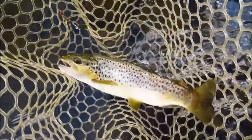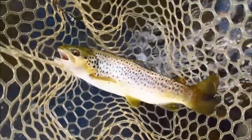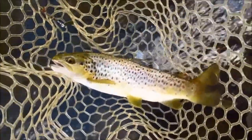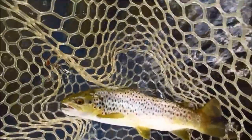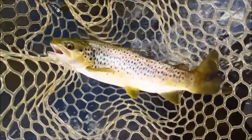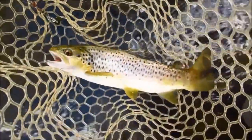And, yeah, one flick into there, and this fella's grabbed hold of it, and he's only just slipped too. So I'll get him in the net and get a pic of him and then put him back. Oh, he's in the net, and a couple of jumps around the net and out popped the lure. So he's all good to go. I've got a photo of him now, so yeah, he can go. Nice fish, about 320, 330 grammer. Not going to bother weighing him, but I probably will weigh him while he's in the net